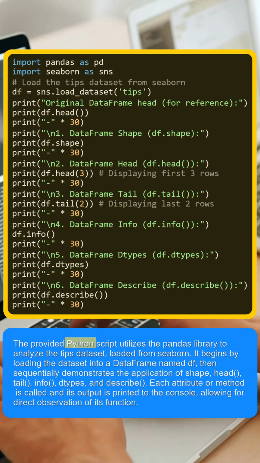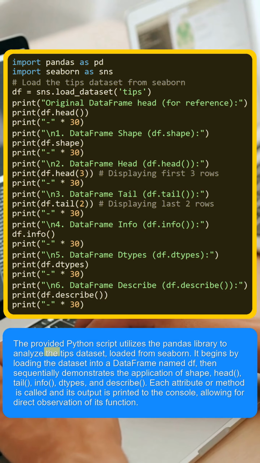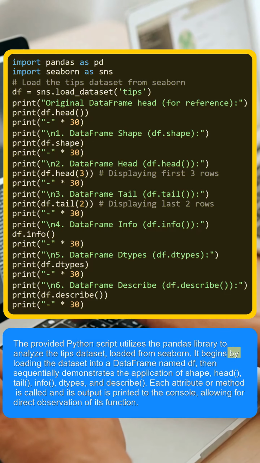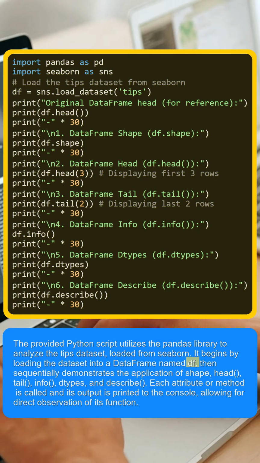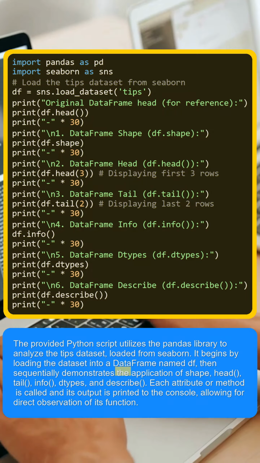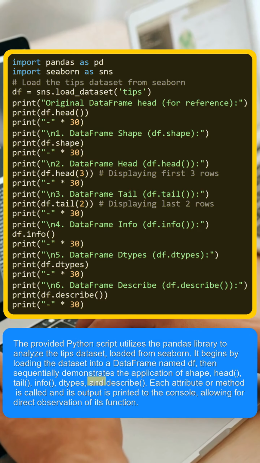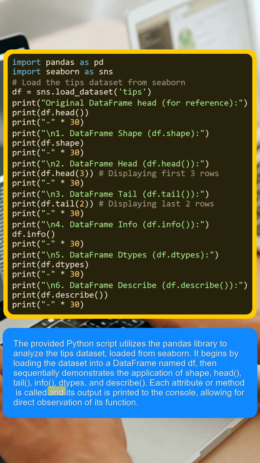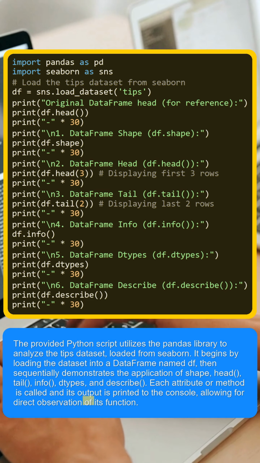The provided Python script utilizes the pandas library to analyze the tips dataset, loaded from Seaborn. It begins by loading the dataset into a data frame named df. Then it sequentially demonstrates the application of shape, head, tail, info, dtypes, and describe. Each attribute or method is called and its output is printed to the console, allowing for direct observation of its